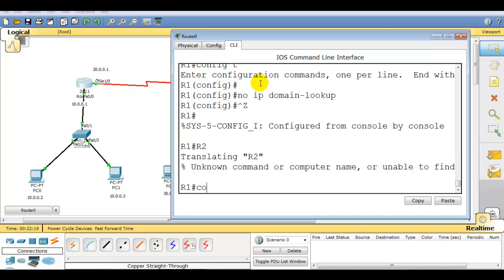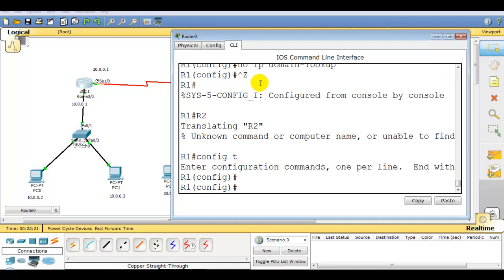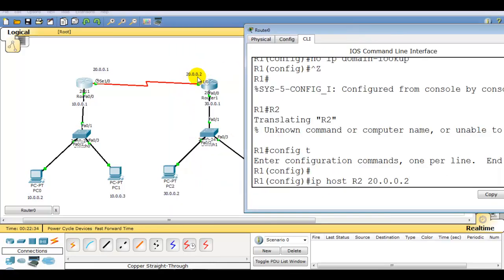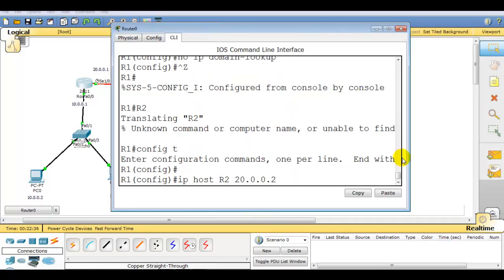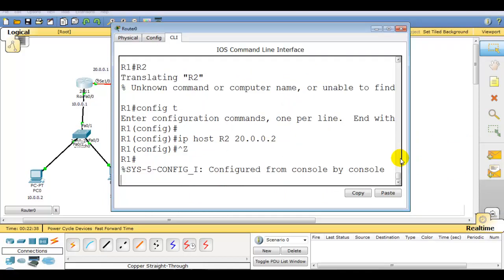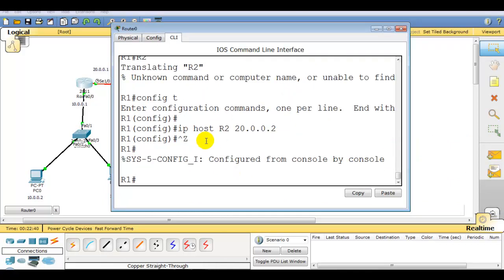So now let me add R2 with the command ip host R2 and the IP address, which is 20.0.0.2, that you can see over here. Let me press enter, then Ctrl Z to go back to privileged mode.